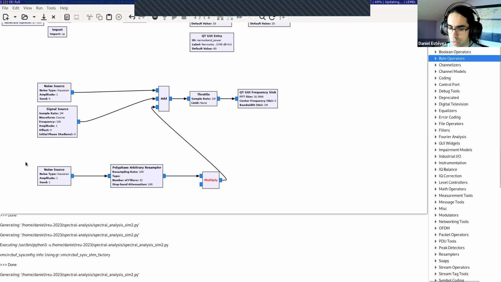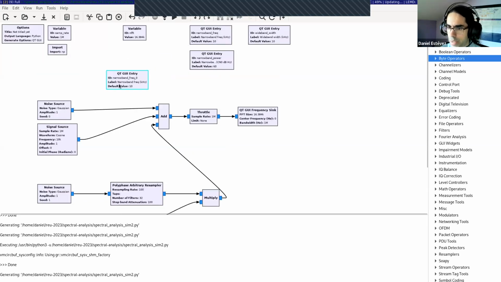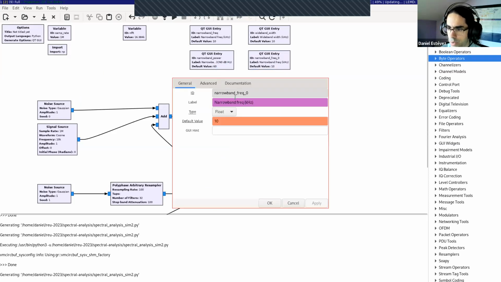and it also happens for an arbitrary signal. If you have an arbitrary signal, such as this noise here, and the complex exponential, which is generated by this signal source, even though it says cosine, since it's blue, which means complex data type, it's a complex exponential, then this is a frequency shift. And we can do the same. We can do here